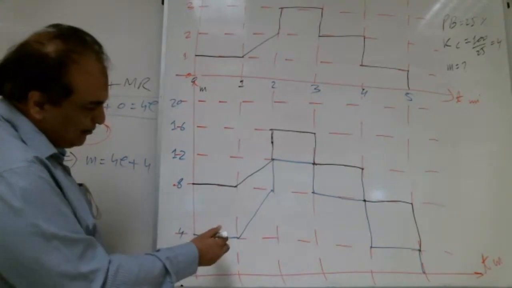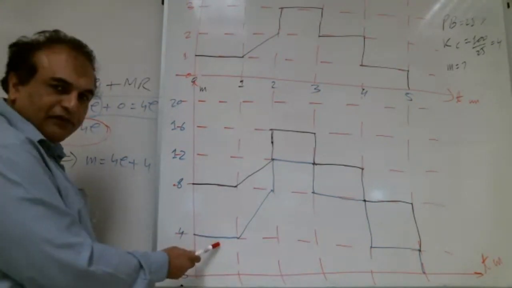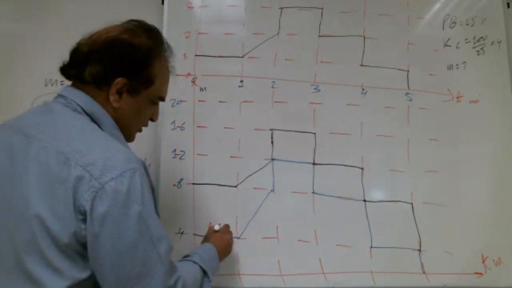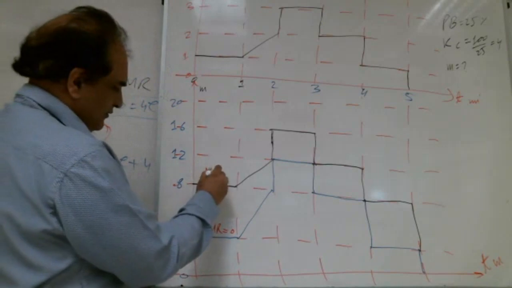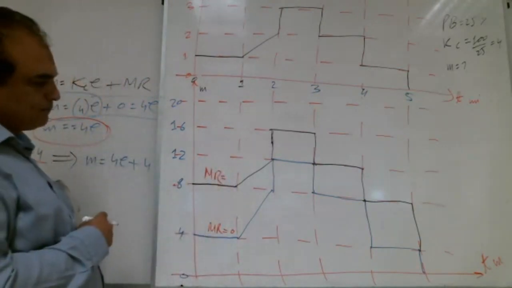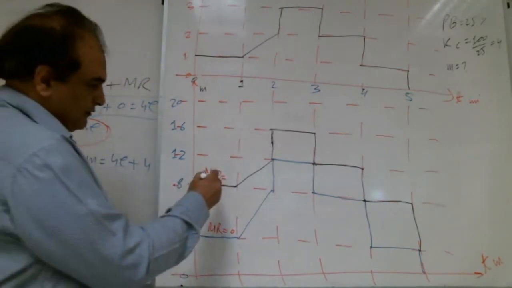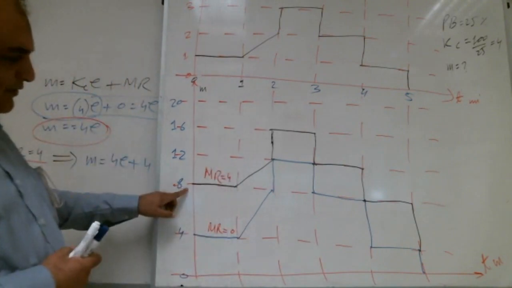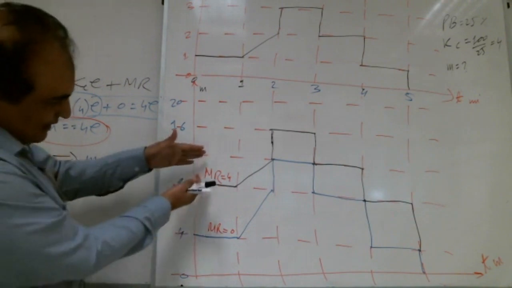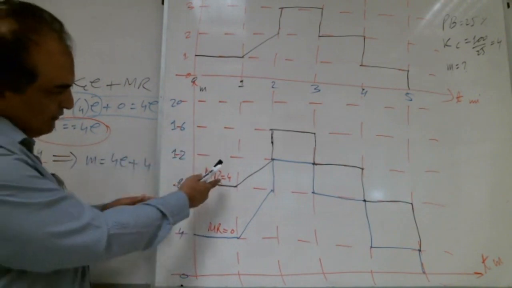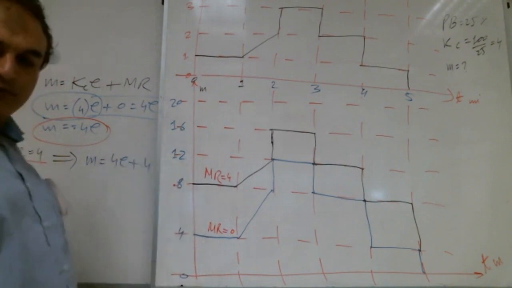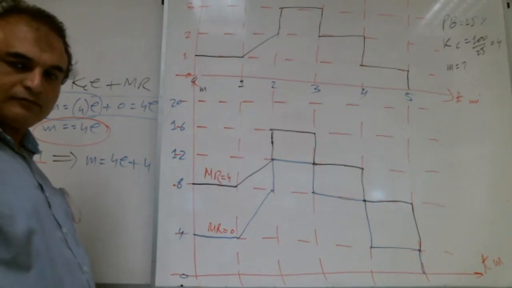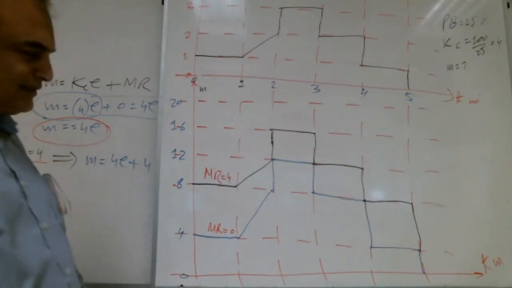The original output without MR is this, the blue color. This is without MR, MR is 0. How much is MR here? 4. Right? So what does it mean? Whatever the amount of MR, if it is positive, it will shift up. Are you with me? That's good. A lot of brothers are writing yes.